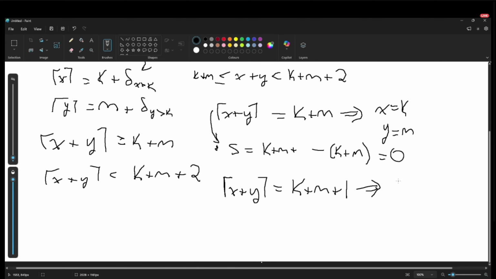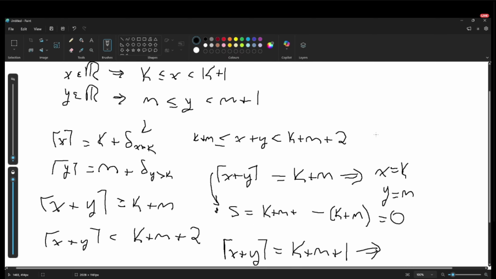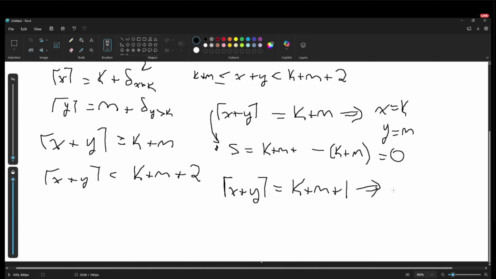Now in this case there are really two subcases. Either one of them is an integer, or both of them are not integers, because in the case where both of them are integers, this is what happens. Actually, I should handle both cases. So if x is not an integer, and y is not an integer,